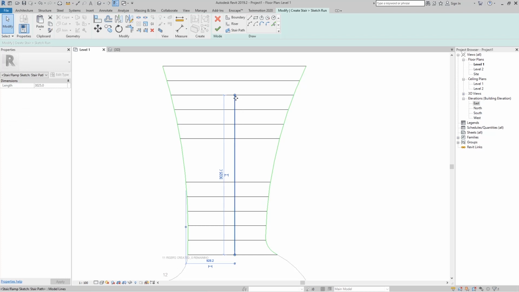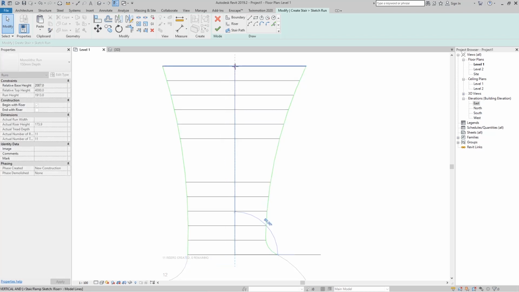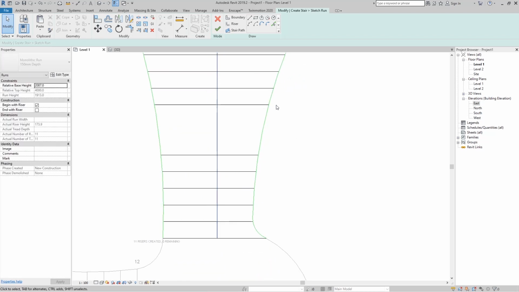This stair path, just go and drag to this line, and then we can here maybe create something like, I don't know, maybe something like this,